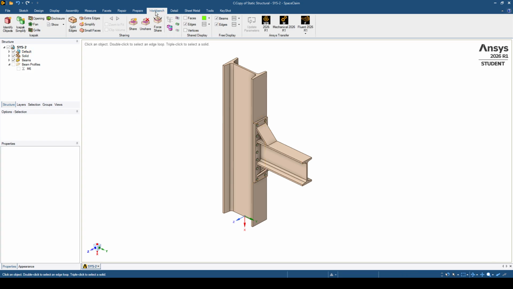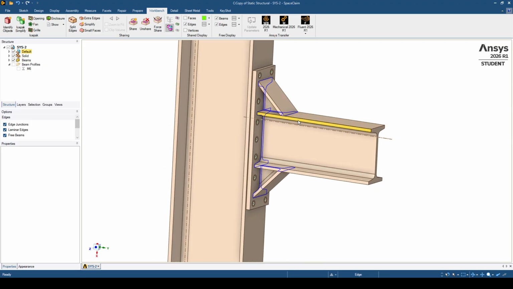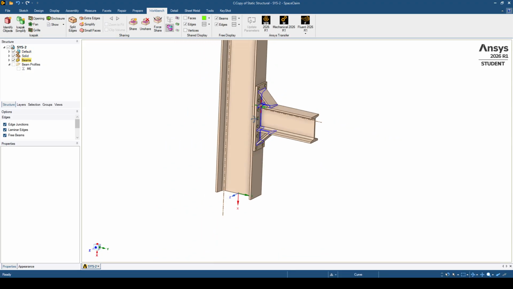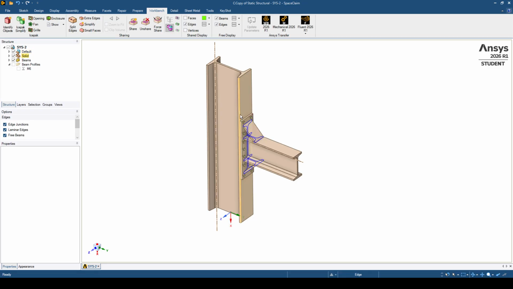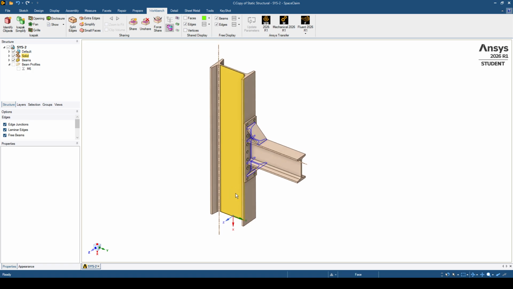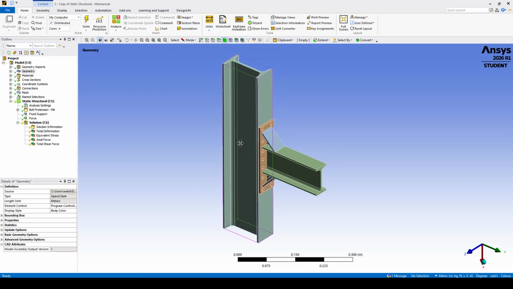So if you go to Workbench and click on shared topology or show connected bodies, you can see clearly that these profiles plus these diagonals are welded together with the plate. The other profile is outside, so it's not relevant, so they can move away from each other. So we have to define contacts and joints so they are not falling without any load. So let's go back to the simulation model, and in order to check this,